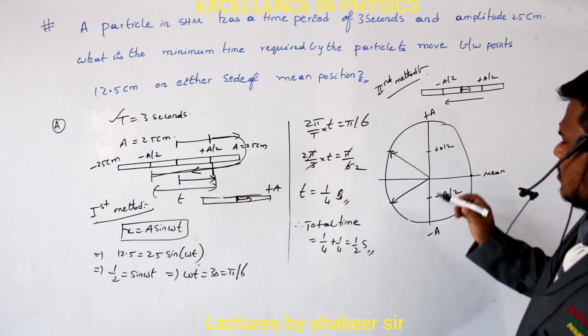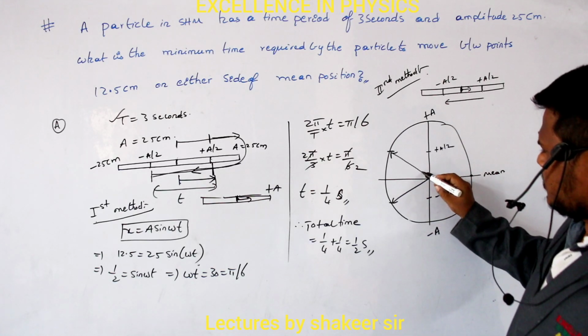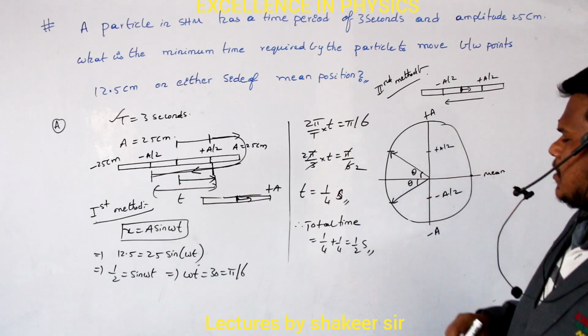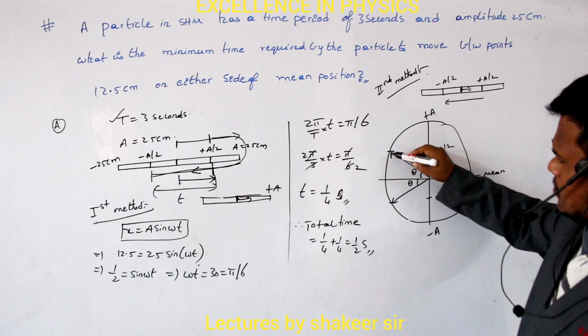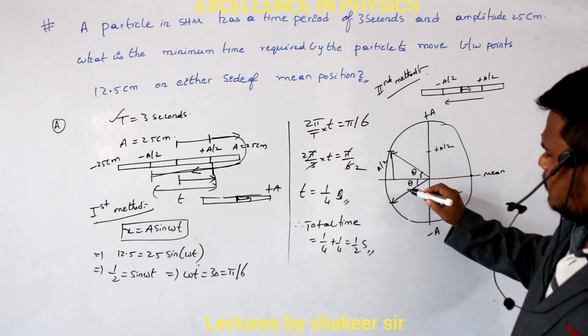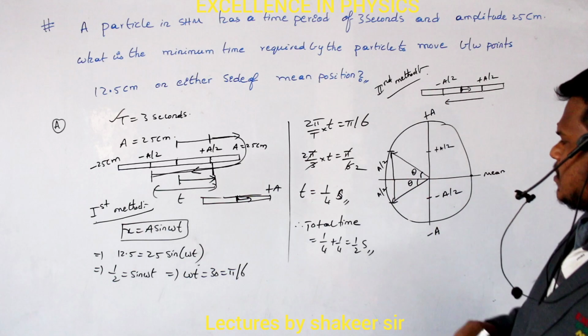Are you able to understand? Now, what is the phase difference between them? Let us see. Let us consider this angle is theta. Then this angle also will be theta, equal angles, because this is also a by 2 and this is also a by 2. So if this is plus a by 2, this is also a by 2. And if this is plus a by 2, then this is also equal to a by 2. Magnitude wise, it is a by 2.